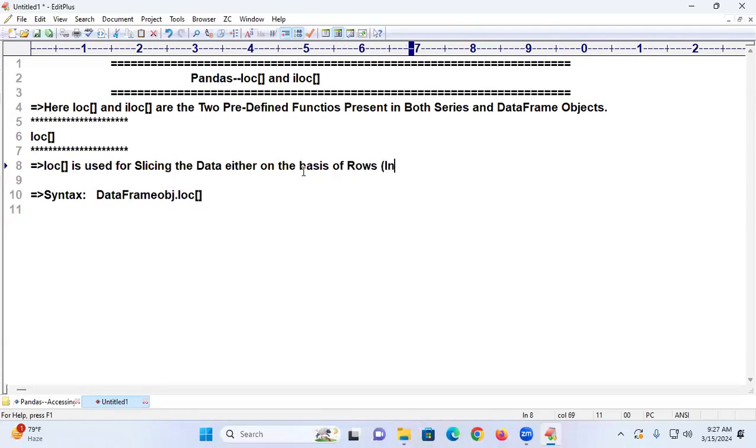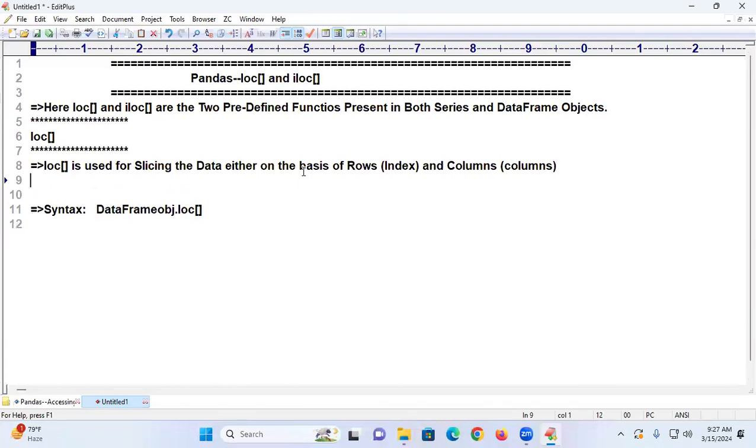Rows in the bracket I will always write what? Index or what? Columns. That is columns. That is nothing but what here? Columns I will write it, because you know this is a syntax in the data frame. Columns. Now how does this loc